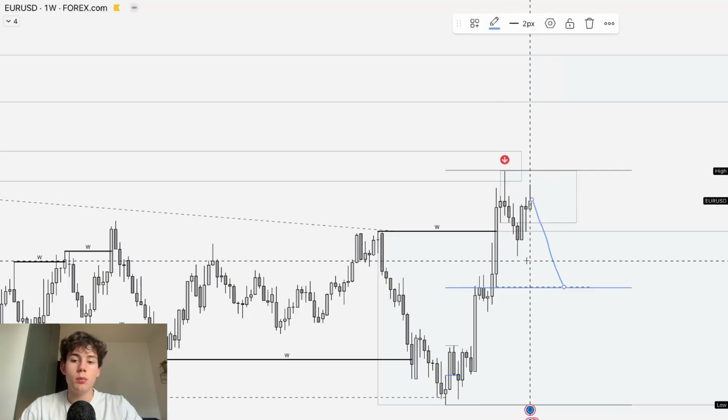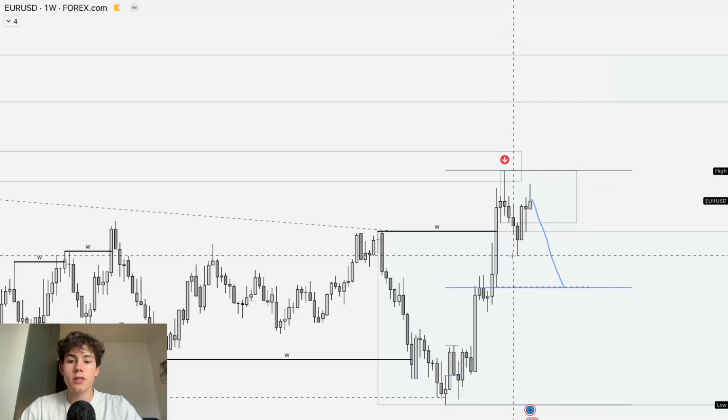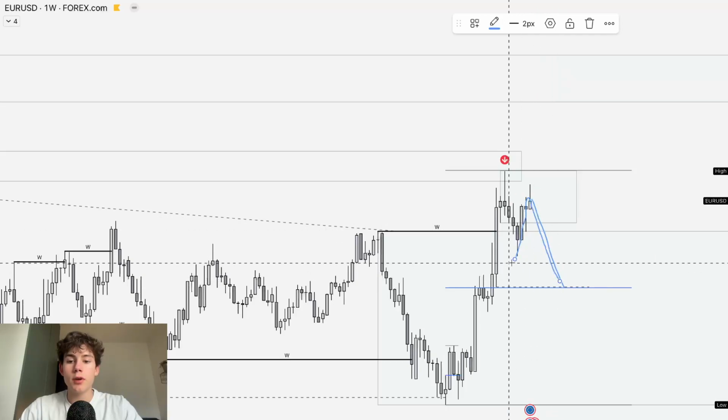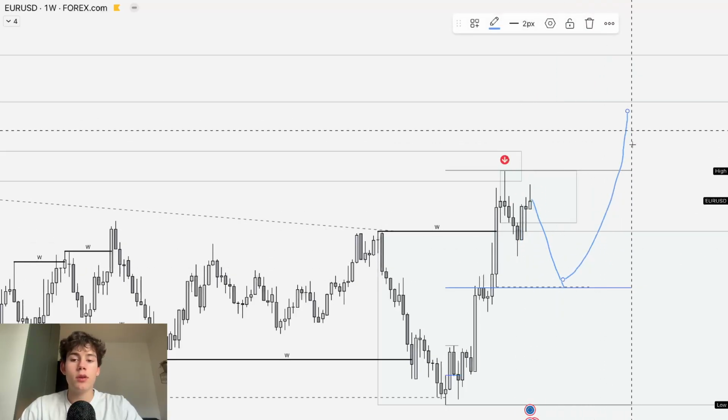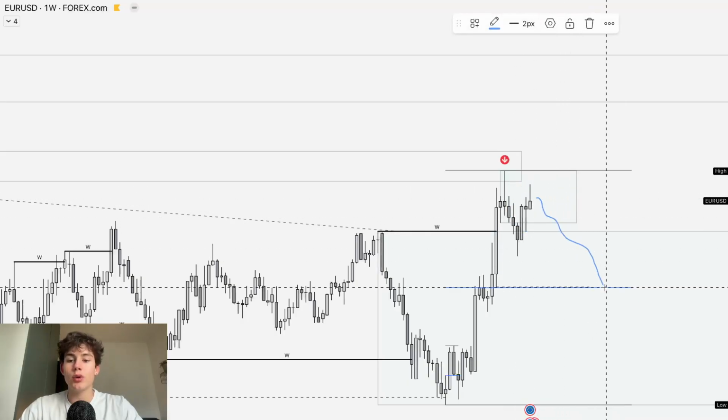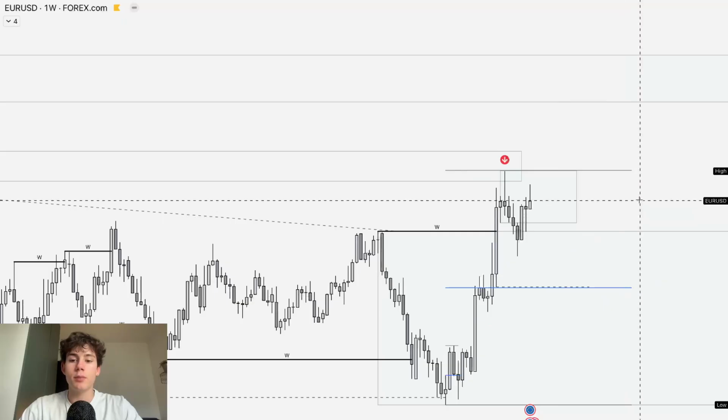So I want to see one more swipe. These are early buyers who are buying at the moment. They will get swiped, stop loss will get hit, and then I want to trade up higher. But at the moment, I still think that we could take short setups towards that 50% level.